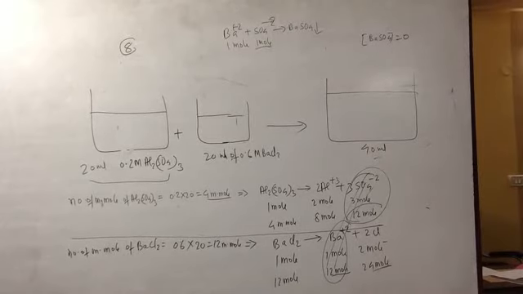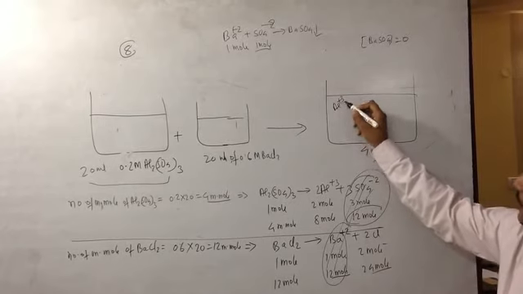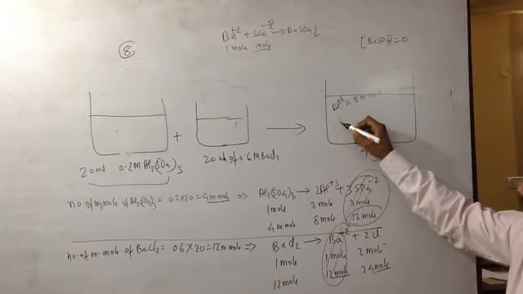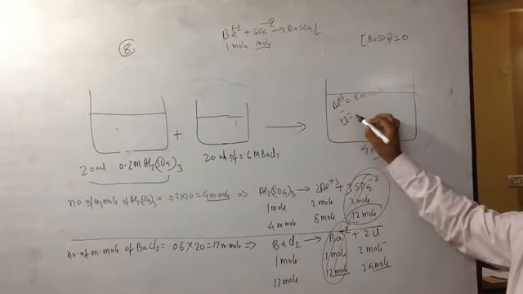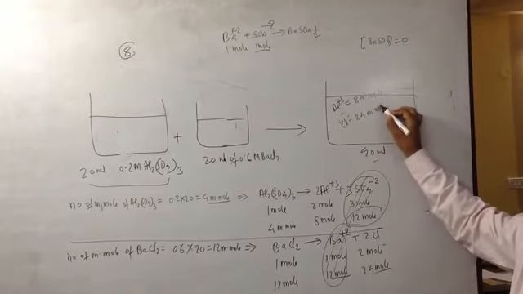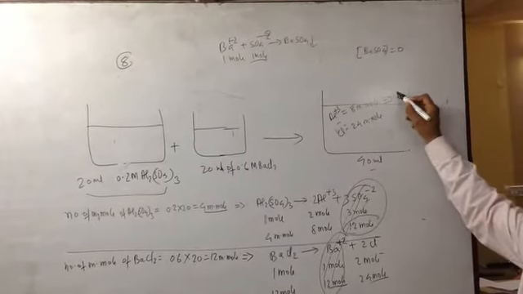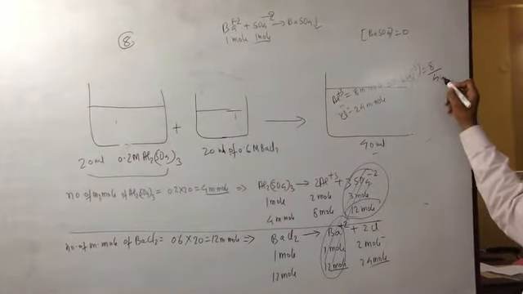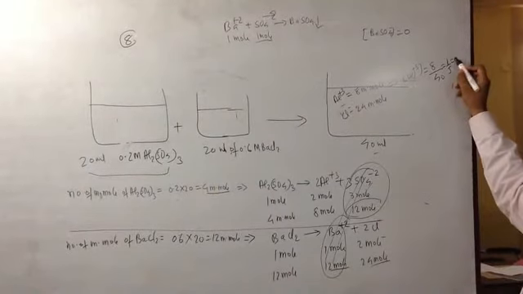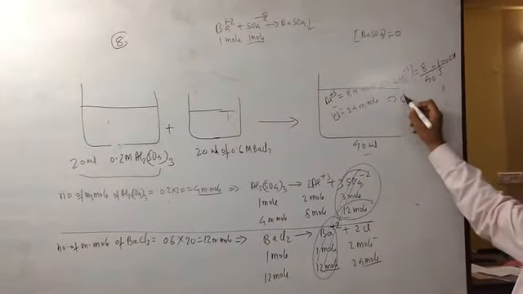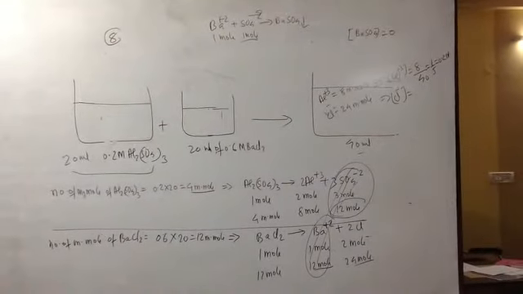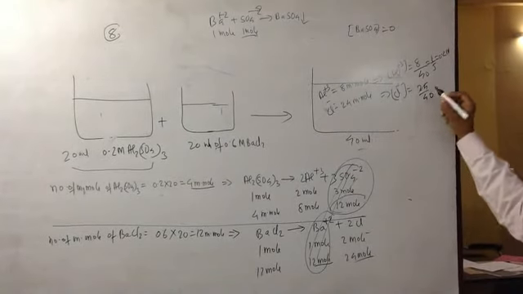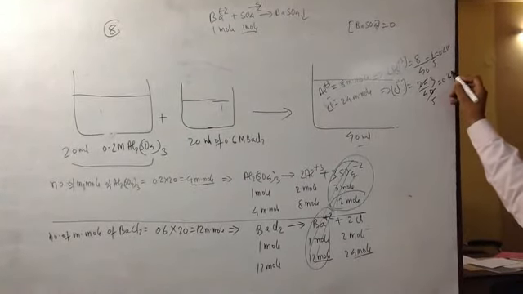Now, the ions that remain in the solution are aluminum 3+, 8 millimole, and Cl minus, 24 millimole, and we know that concentration can be found out. The formula: number of millimole, 8 upon 140, this is 1 by 5, that's 0.2 M. Similarly, concentration of Cl minus would be 24 upon 40, 3 upon 5, 0.6 M.